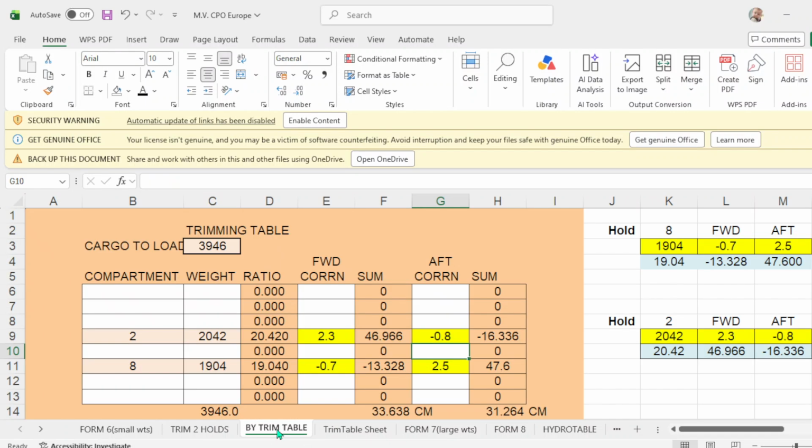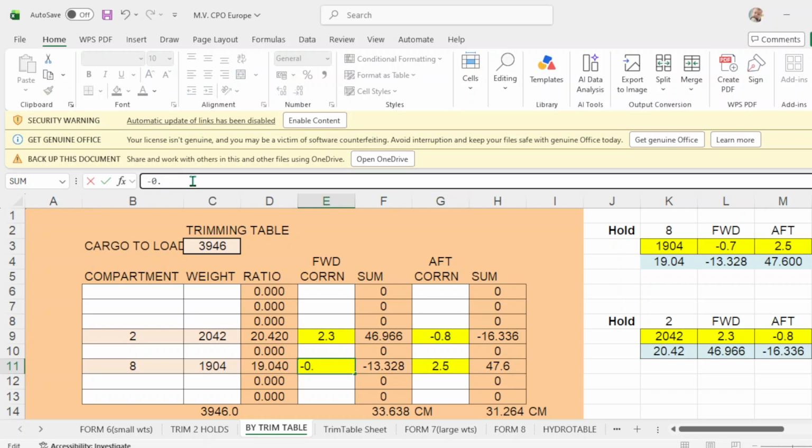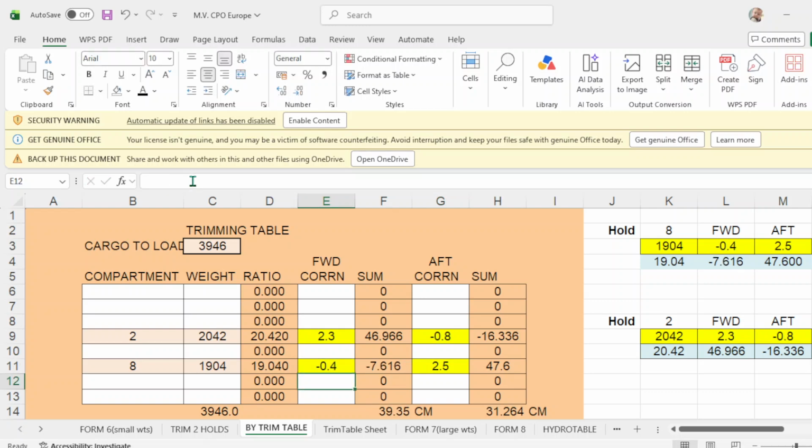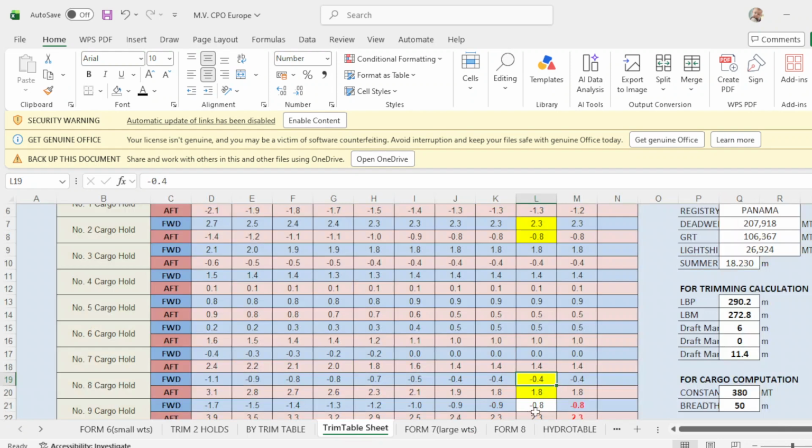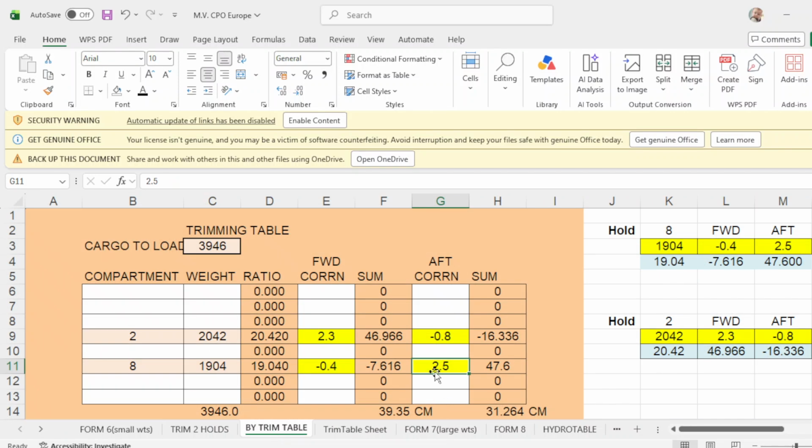We'll put here negative 0.4. Okay. And up correction of hole number 8 is 1.8. Put here 1.8.